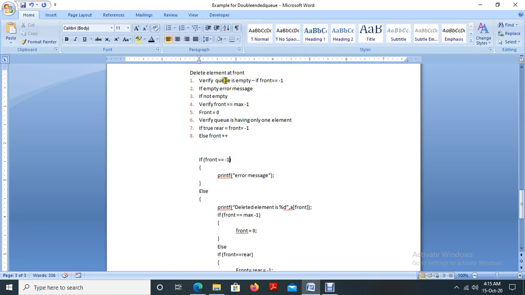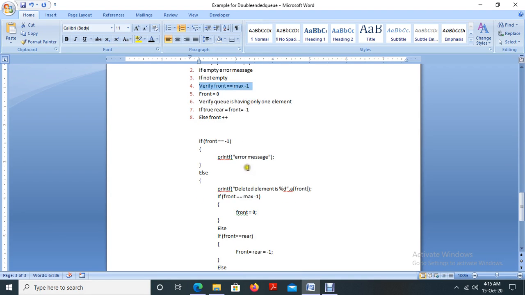Otherwise, print an error message. If not empty, that means the else case. Verify front equal to max -1. If the condition is true, then make the value of front 0. Else, if front is not equal to max -1, then we verify